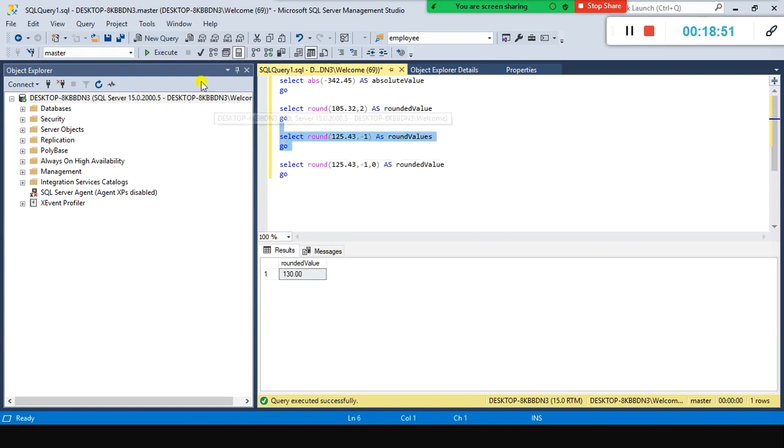130 here also I was getting 130. The last one is the operation. Okay, this is called your operation. It is an optional argument. If it is zero, if I say 0, it rounds the result to the number of decimal. Okay, it rounds the number to the number of decimal.